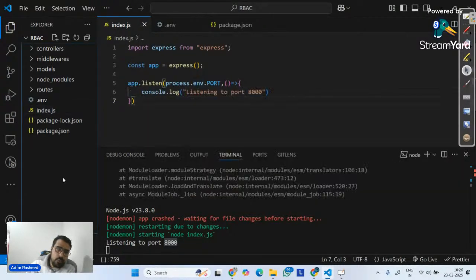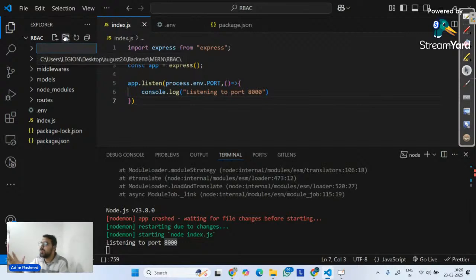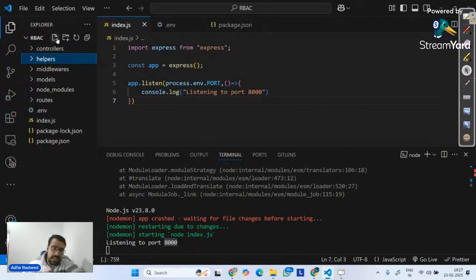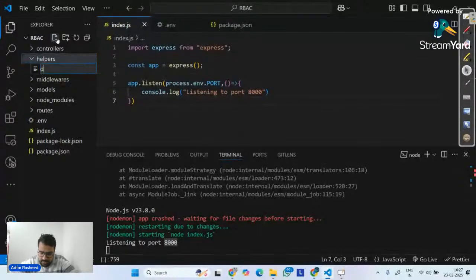Another very important folder that we might end up using in most projects is called config or helpers. You can name it config, you can name it helpers. It's completely up to you. So let me name this helpers over there. What kind of helper am I looking at? I am looking at a helper with the help of which I will be able to connect to the database. So let me simply say db